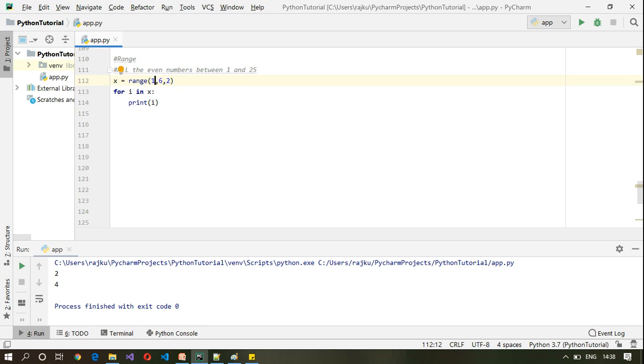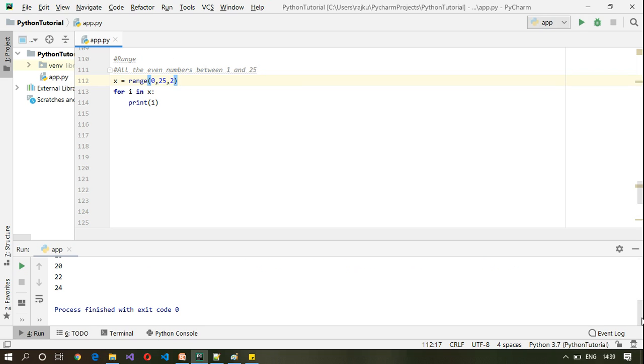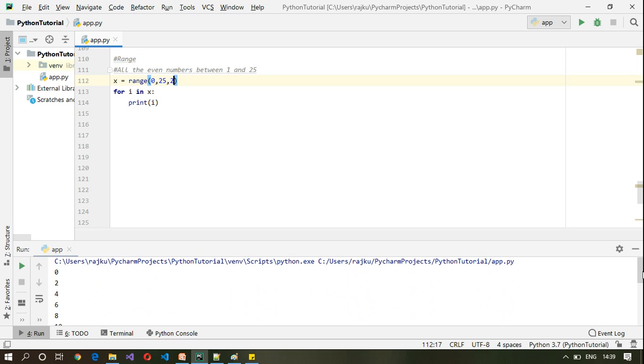Since we are incrementing the value, we are going to take the range as 0 to 25 here, and we are going to increment the value by 2 every time. So we get all the even numbers between 1 and 25.